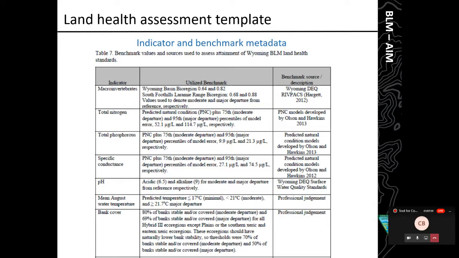And like I said, in the ideal world, we'd work to automate the production of some of this so that you guys can have a one-stop shop for getting information and getting it into a usable format for use in a land health assessment and evaluation.